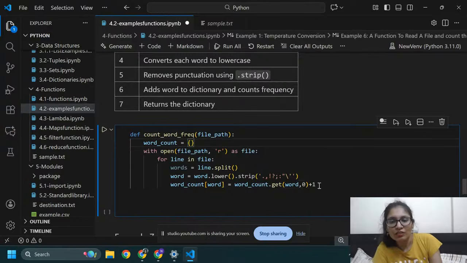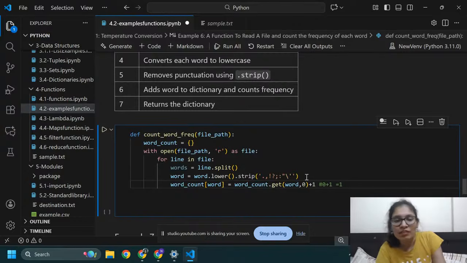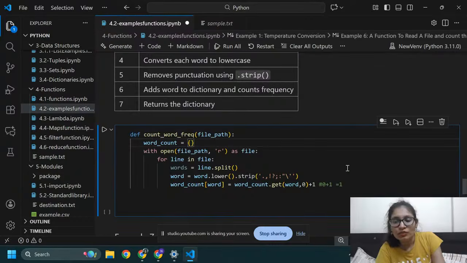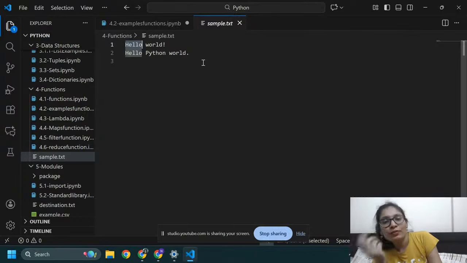After adding hello, it will become 0 plus 1 equals 1, the first count of hello. Then we insert hello here. Now I'm going to take another element, that is word. We don't have any word, so its frequency is also 1, because initially we don't have any word in the dictionary, so 0 plus 1 becomes 1.